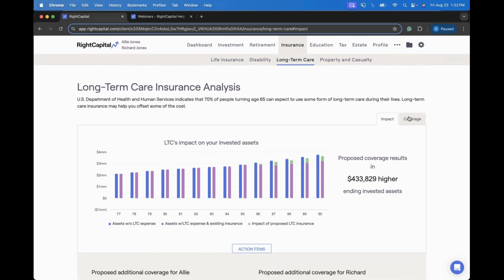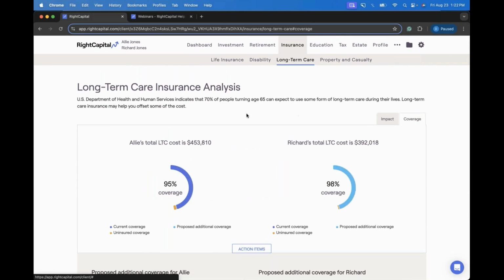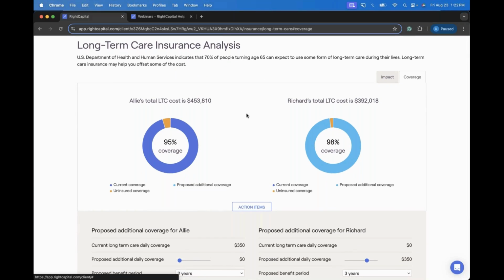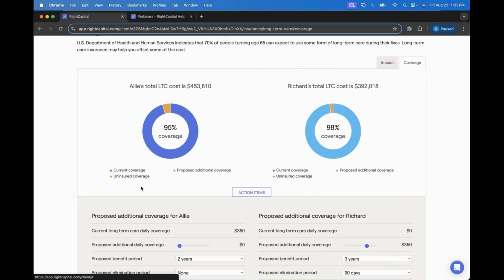There's an additional tab here to the right of the impact tab where we can see the expected long-term care expenses for each client based on what we entered back in the profile goals area. So we can see that for both of these clients, we can expect some pretty hefty long-term care costs within our current plan here. And the current coverage that we entered back into the profile will feed into our pie charts here. So we can see that that policy we entered for Allie in the net worth is covering 95%